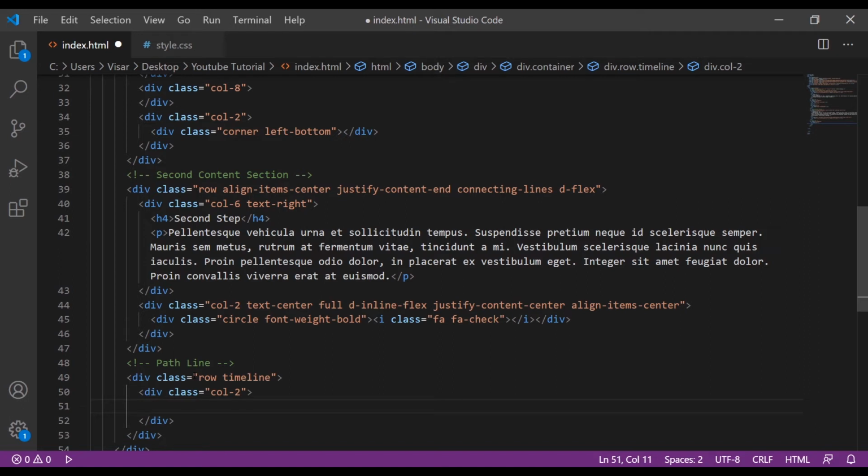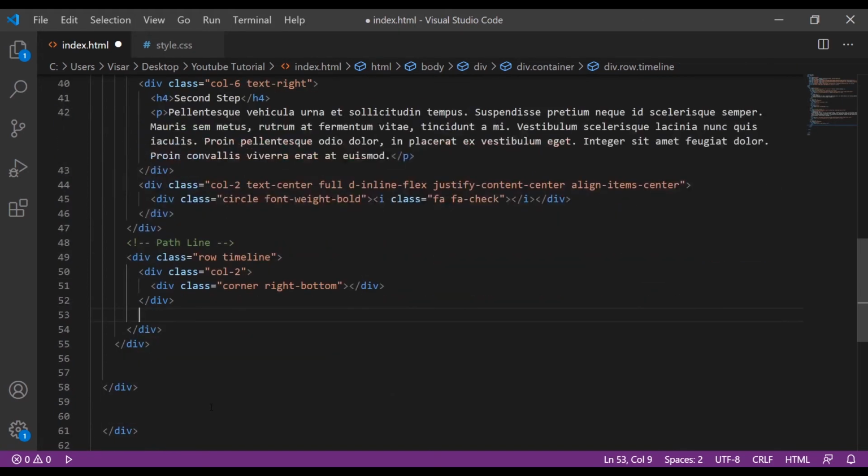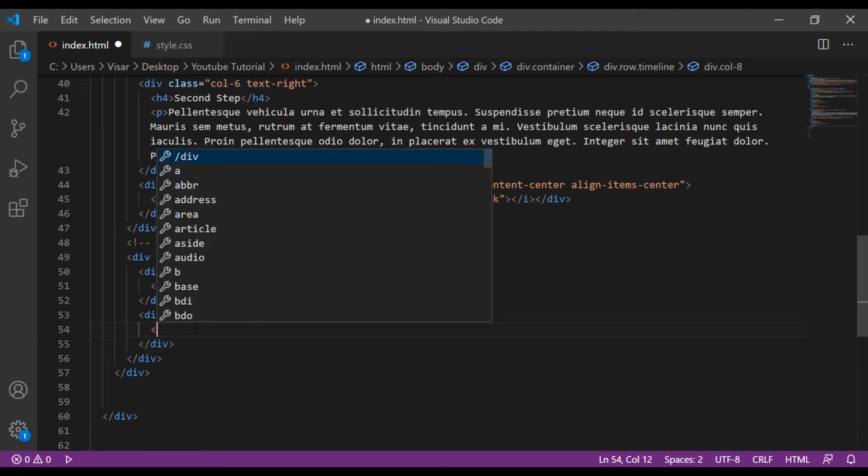Just inside there we'll have a div with the class of corner, and then right-bottom. Okay. Next is the col-8, of course, class col-8. Actually, we need to put an HR here.